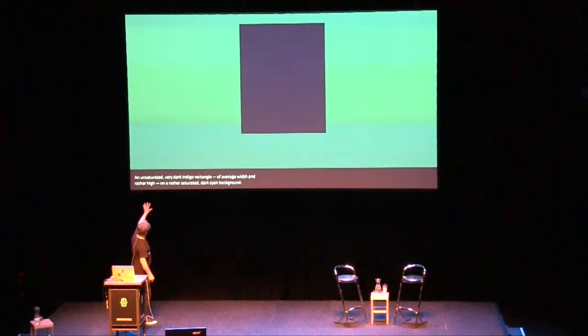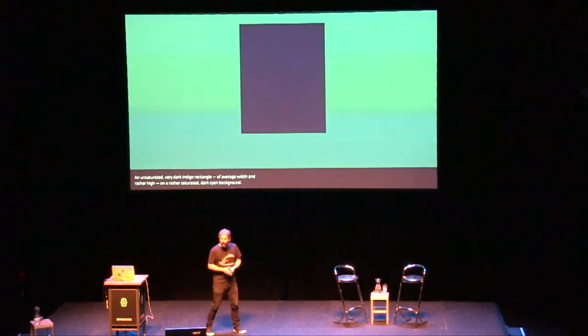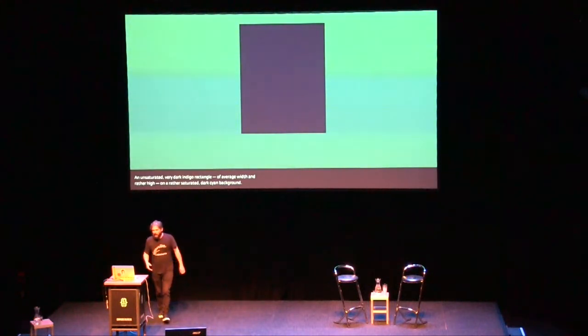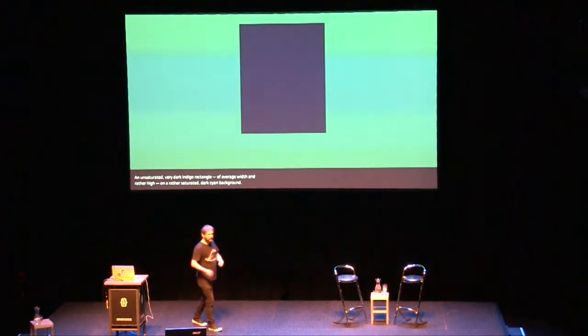Now, as you might have seen, below every image, there's a caption. You shouldn't think that every morning I wake up and write this caption. This is done by a computer as well, of course. It really describes the image. It says an unsaturated, very dark indigo rectangle of average width and rather high on a rather saturated dark cyan background. So I created a script that translates